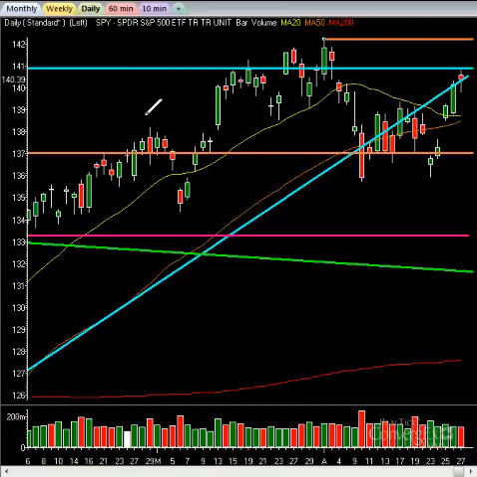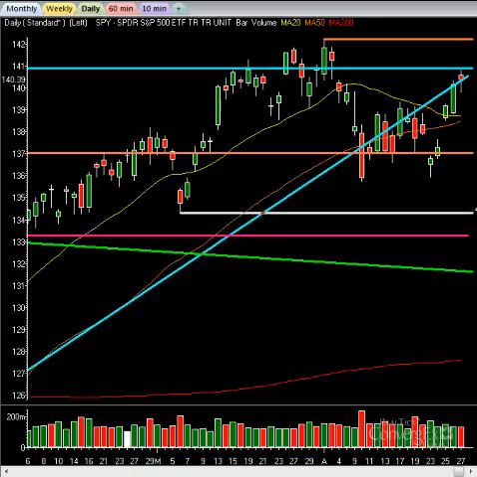And ultimately, if you go to your daily chart, I think you could not only get down to this area, but ultimately come down to this area here at 134, which would be your next resistance. And now we're looking at the daily chart of the SPY. All right, so do you guys see what I'm getting at here?